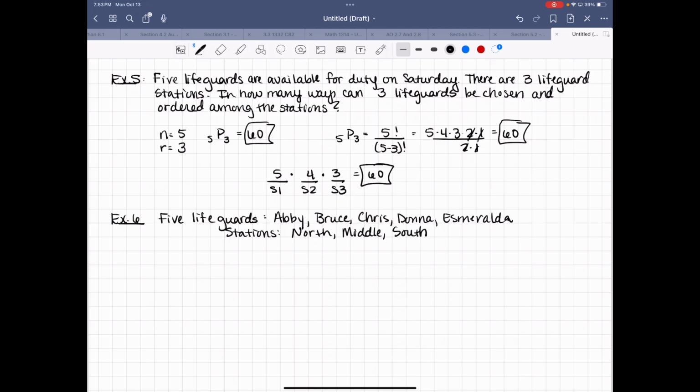Okay? They're made at random. We want the probability that Bruce is assigned to the north station, Donna is assigned to the middle station, and Abby is assigned to the south station. So, how many possible outcomes of the 5 people being assigned to the 3 stations were there? This is kind of like 5 permute 3. 60, right? Okay. So we know there are 60 possible outcomes